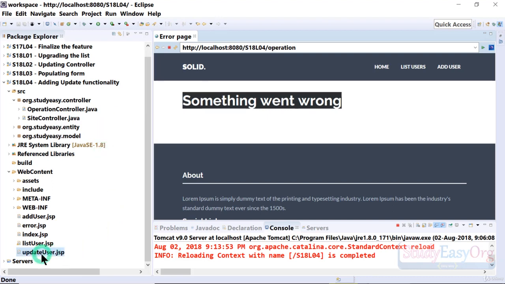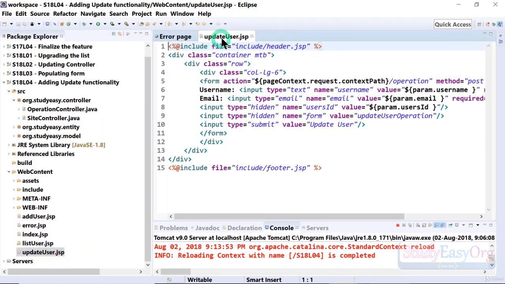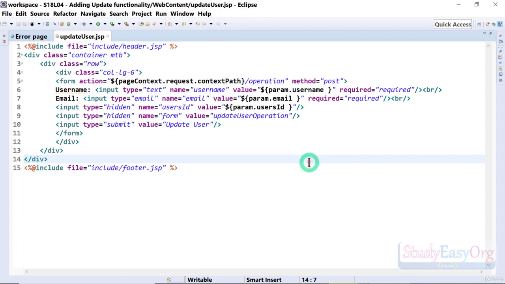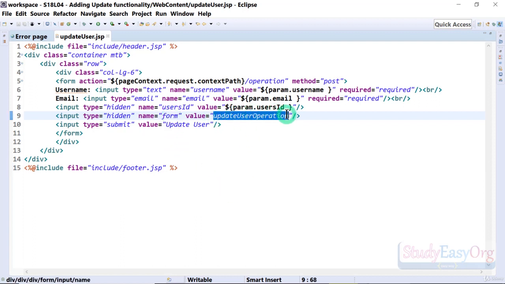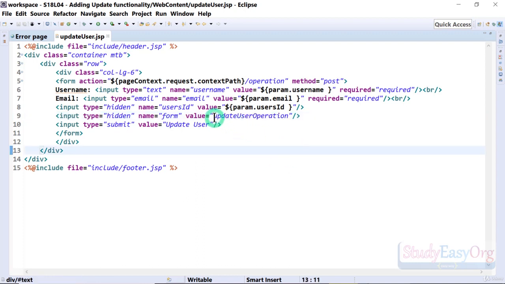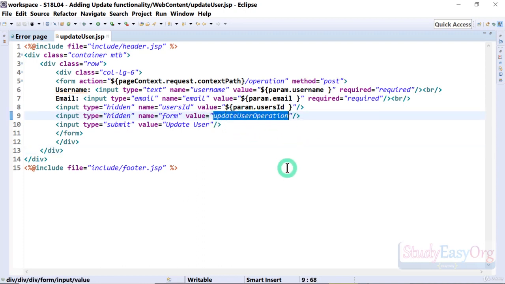So let us move forward and let us first of all check this form, update user. If we check this form, definitely we are submitting this form using the method post, and in here we have a couple of hidden fields. One of the hidden fields is based on form and the name is update user operation, right? So let me copy this particular text first of all, and let me show you the doPost method of